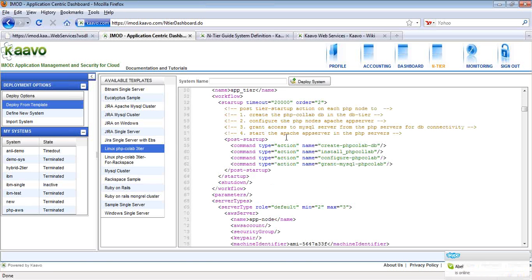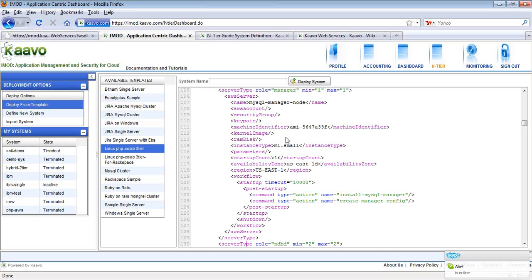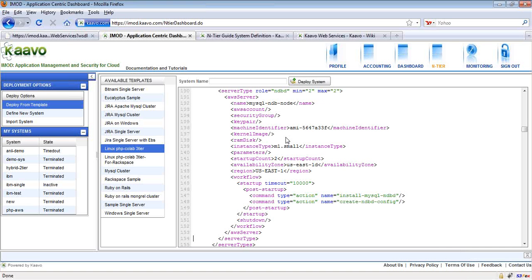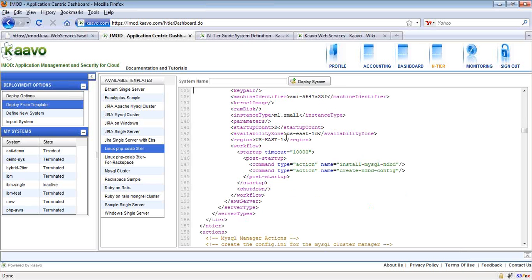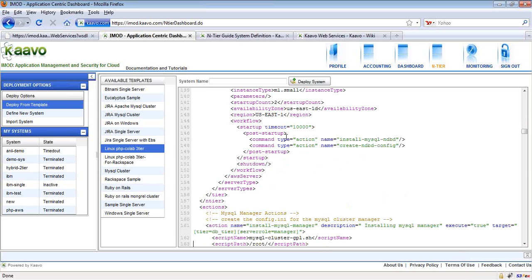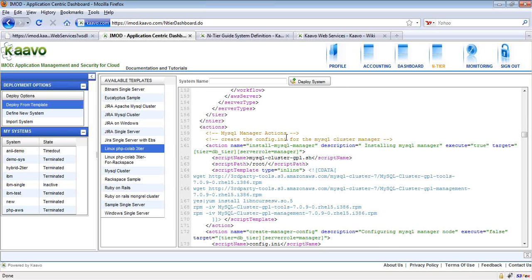At the bottom section, there are a number of actions. These actions, you can consider them to be functions. These functions are written by you, and you can inject these functions in different phases of workflows that run in the context of this application. One example is the system startup workflow. That means the workflow that is responsible for launching this application in the cloud.